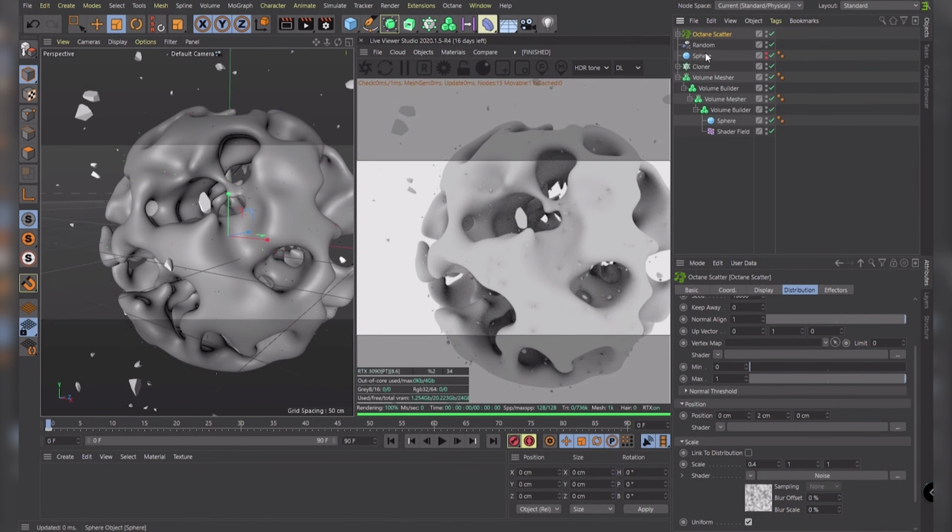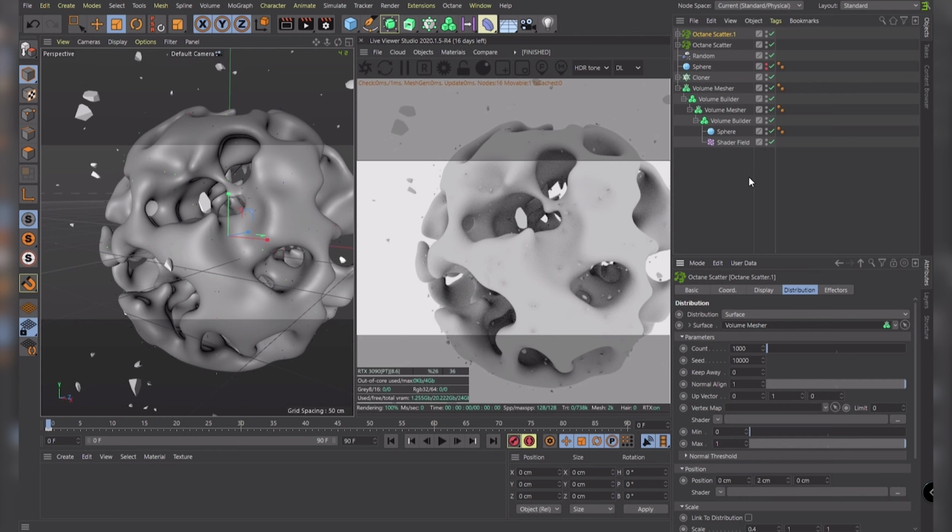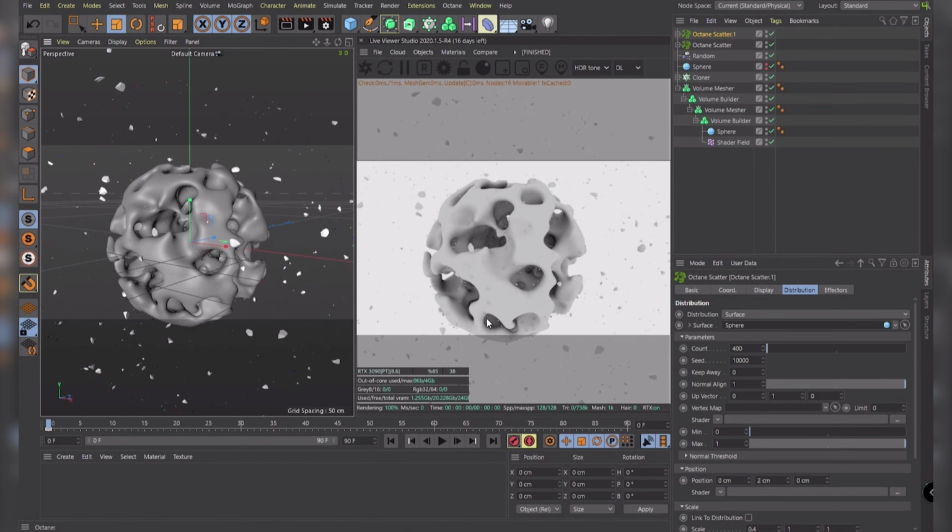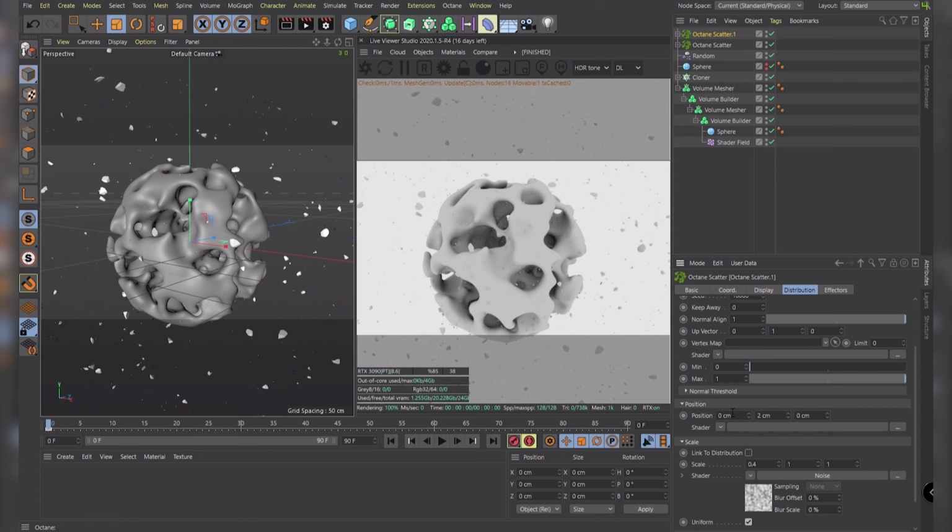Okay, for the next scatter I'm just going to make a duplicate of this one, so we have the same contents. But I'm going to project this not on the volume measure, but on this placeholder sphere. I don't need that many of them, so I'm just going to stick with 400 of them. But for the position, I'm also going to make some adjustments to make this a lot more random. So I'm going with -50 and -60 and -50 again. So that puts it a bit closer to the original sphere instead of this large placeholder.